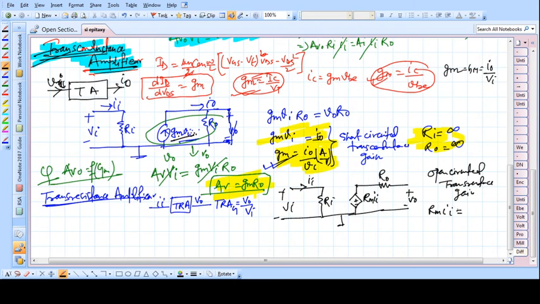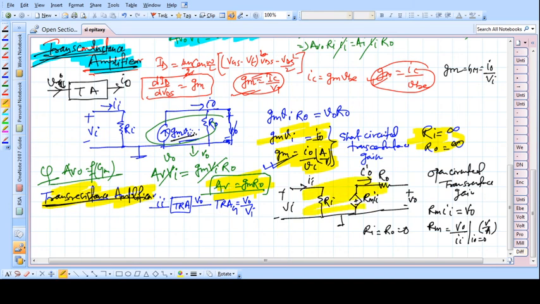The open circuited trans resistance gain Rm is nothing but simply, this is a voltage type of thing, it will be V naught, or more generally we can write this as V naught by Ii, for I naught equals 0, open circuited. It has the unit volt per ampere, and in that case Ri and R naught both will be 0. So this is all about the trans resistance amplifier.